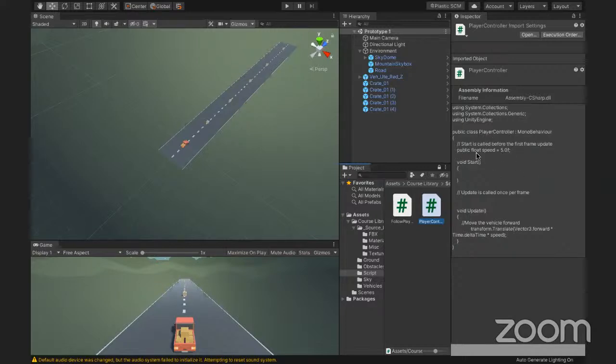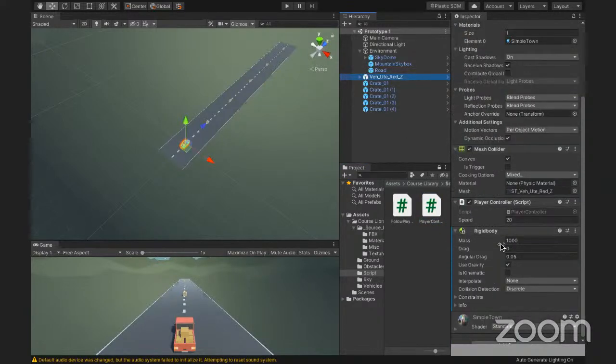If all of you can see that right here. And there's a transform, the thing that controls the speed, the delta times speed, is going to be times the 5.0f, because the speed is equal to 5.0f. And if we go to the vehicle, at the moment the speed is 20, but if we start it,